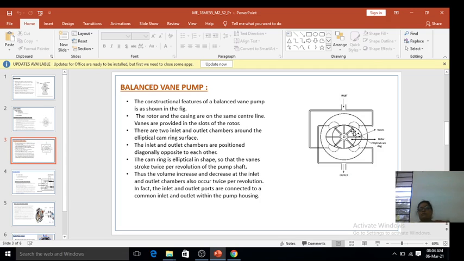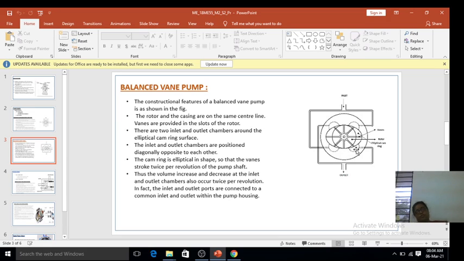By using elliptical cambering and providing two inlets and two outlets, we can eliminate the variations in the pressure of the flowing fluid. By using two inlets and two outlets, the amount of oil flowing through inlet 1 is balanced; it should be equal to the outgoing pressure of the outgoing fluid in outlet 1.